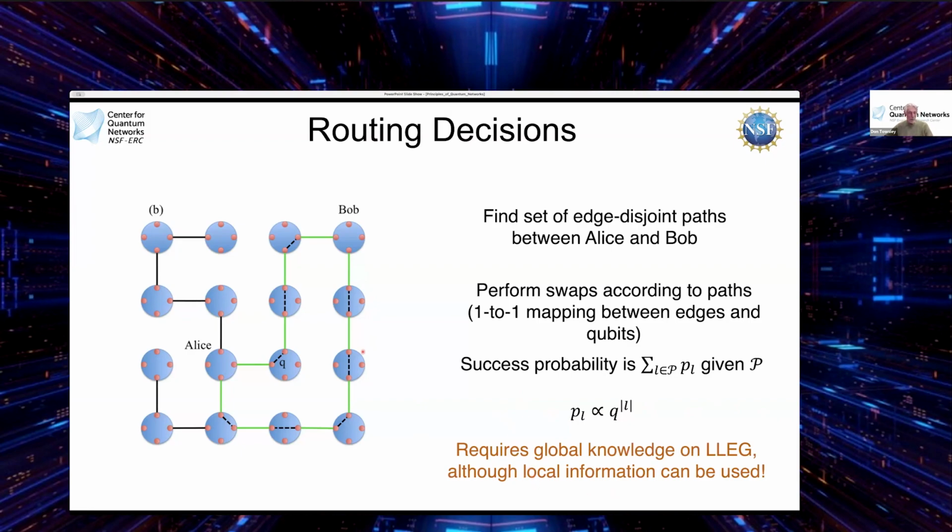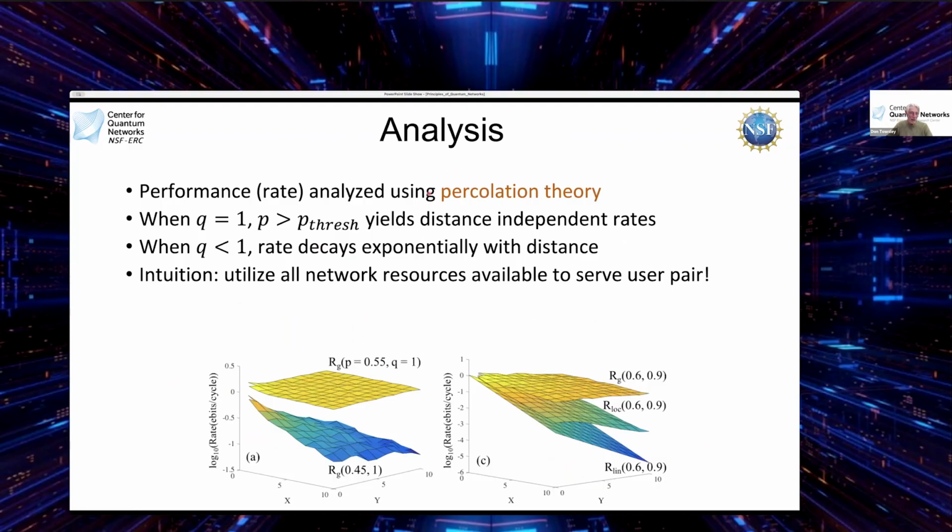Okay, it turns out that there are suboptimal algorithms that can get by just using local information. Okay, and so what I'd like to do is to give you a sense of the kinds of results. There's an area of physics referred to as percolation theory that turns out to be very useful in understanding how these networks and these kinds of algorithms would work. Okay, and I'm not going to go into it,